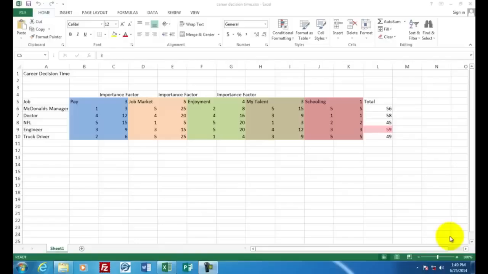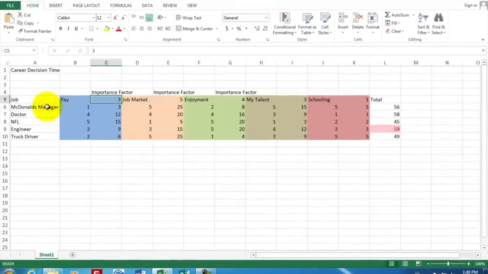Welcome to Excel assignment number 5. This is a decision chart that we're going to create using Microsoft Excel. Let's assume that you're going to choose a career based on several factors. We're going to consider several jobs here on the column A, and several factors that would lead you to decide